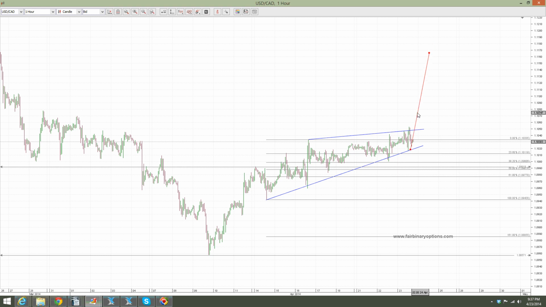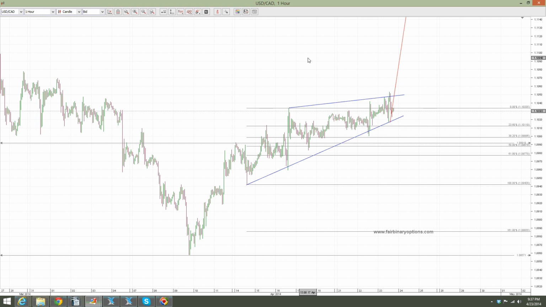So the lowest level will be around here. You will see that I'm talking about 111 and 60 area, way higher than our current levels,